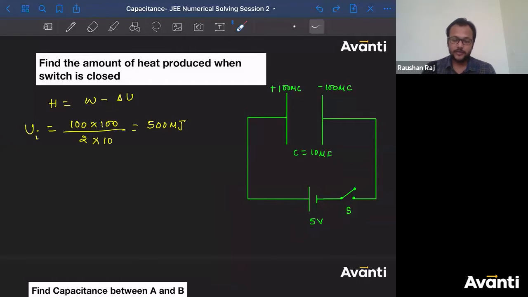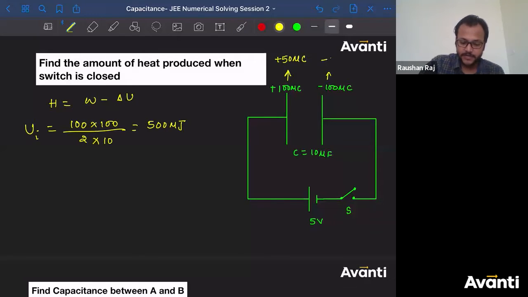All right. So tell me what will be the final charge when you close the switch, what will be the final charge that will appear on it? So I'll say capacitance C into potential difference across it. What is that? 5. Correct hai? So C into 5. What is C here? 10. So what is the charge that will come finally? You are going to get from 100 microcoulomb to plus 50 microcoulomb, and the negative plate will get minus 50 microcoulomb.